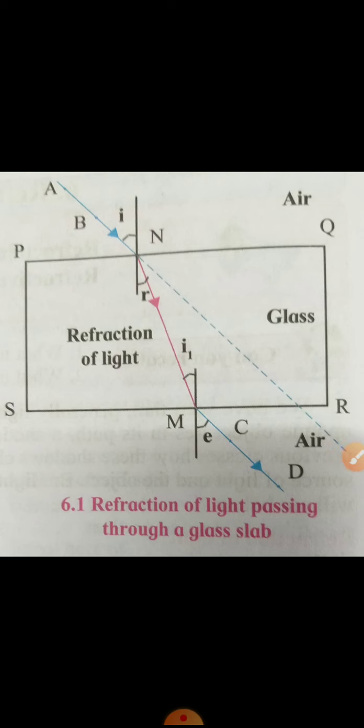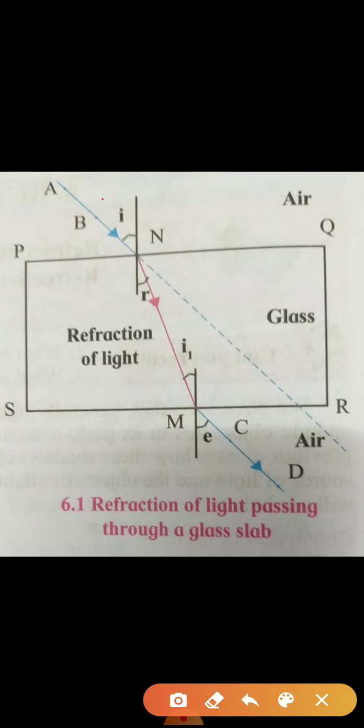We observe here, for the first refraction, the angle of incidence is I, while for the second, the angle of incidence is I1. So this is the angle of incidence I, and this is the second refraction, with angle of incidence I1. The angle of refraction at N is R. So this is the angle of incidence, and this is R, the angle of refraction. And this E is for the angle of emergence. Note that I1 is equal to R. Yes. Angle I1 and R are always equal. The angle of incidence and angle of refraction are never equal because the light is bending.